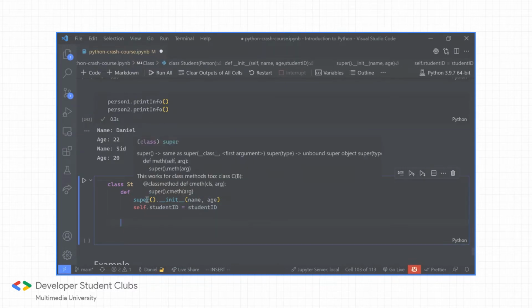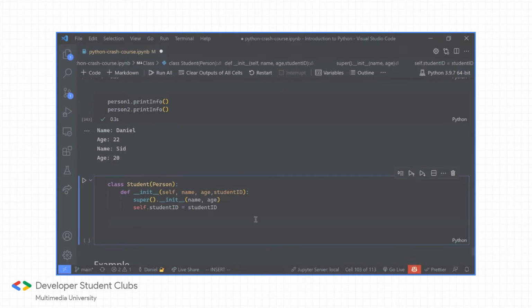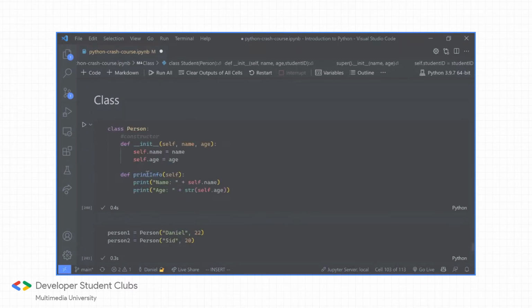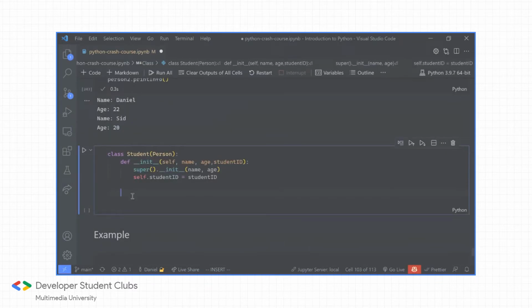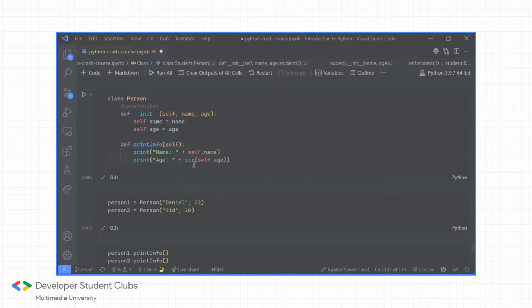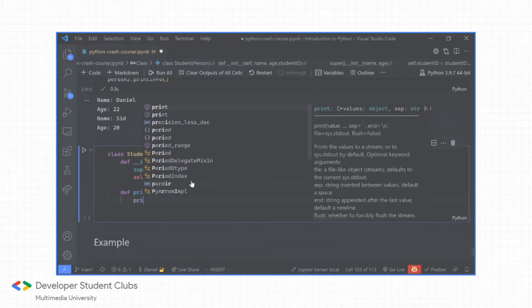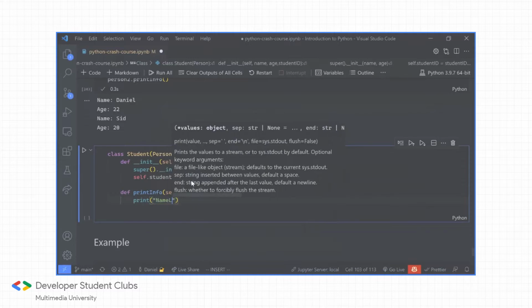Now let's say I want to create another method same as this, print_info. I want it to have the same name, but I also want it to print the student ID. So what can I do? I can just basically override the function. So I can write print_info. We need the self pointer as well. So instead of just printing name and age, I can just print name